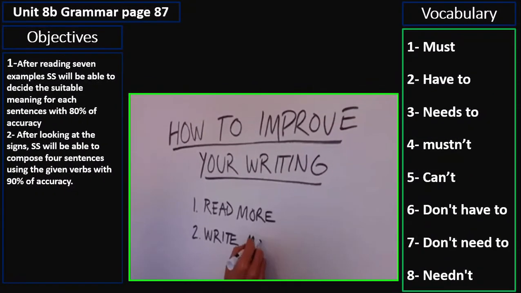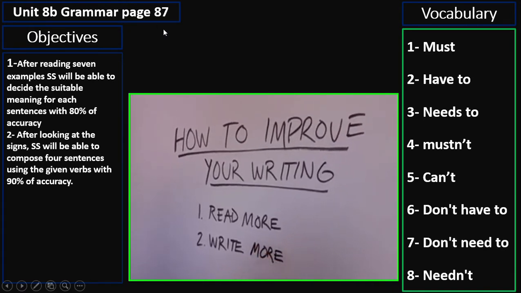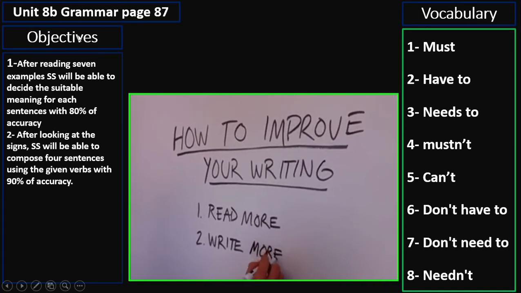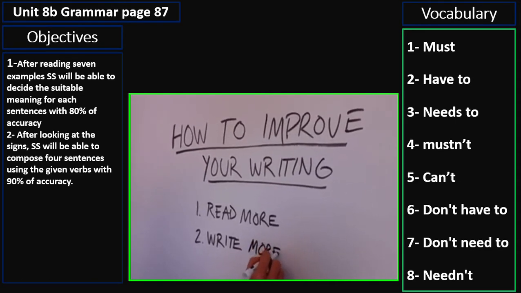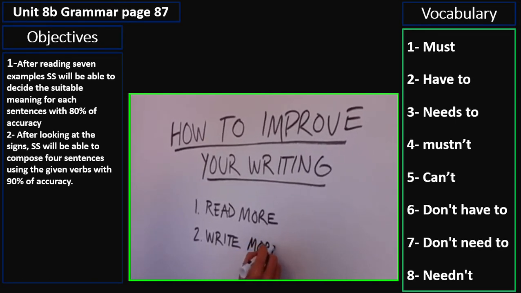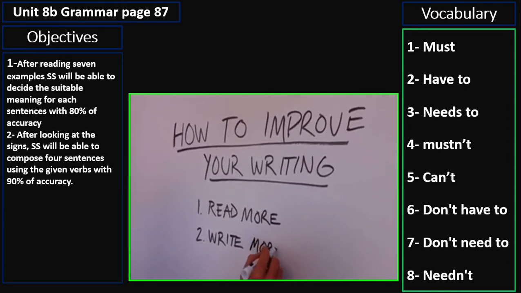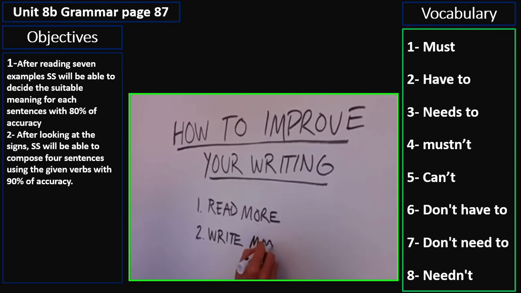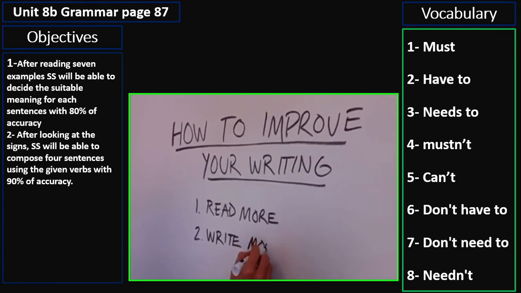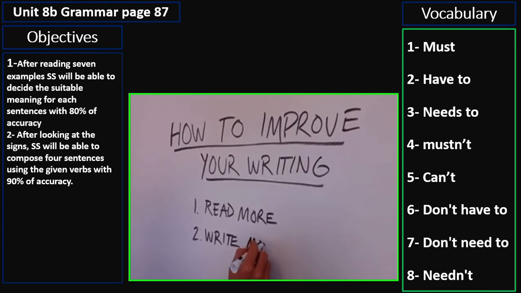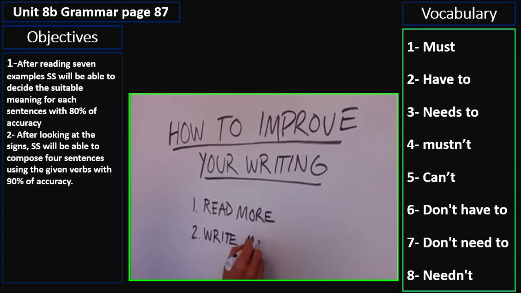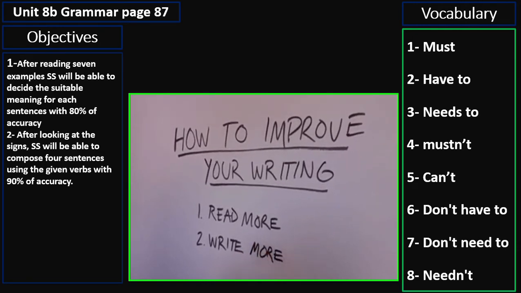Okay, now let us start. Today, inshallah, we're going to continue studying Unit 8, Student Book page 87, the grammar part. Our objectives for today: 1. After reading 7 examples, students will be able to deduce the suitable meaning for each sentence with 80% accuracy. 2. After looking at the signs, students will be able to compose 4 sentences using the given verb with 90% accuracy. And our vocabulary for today: must, have to, needs to, can't, don't have to, don't need to, and